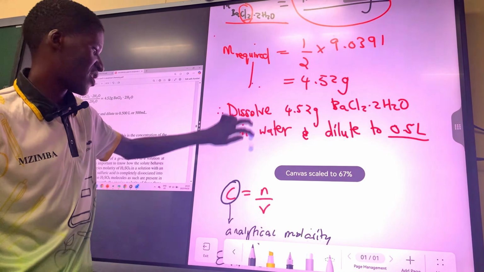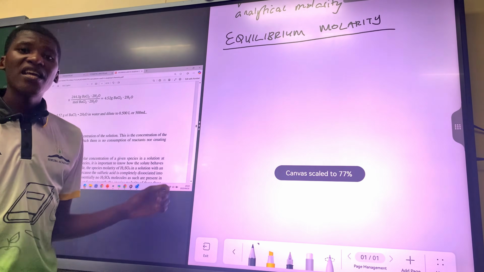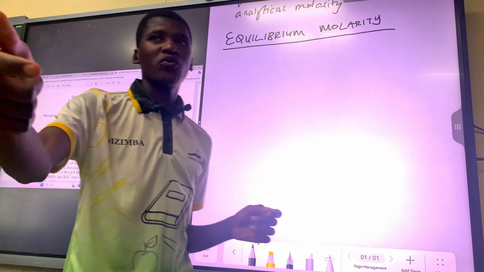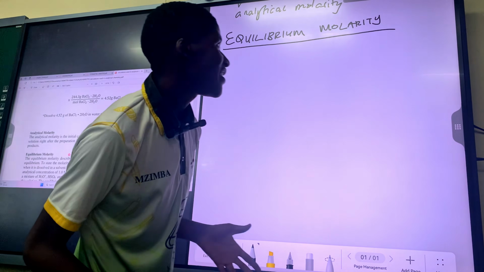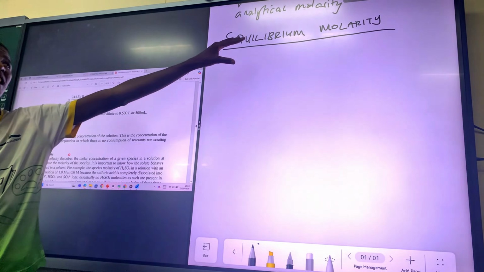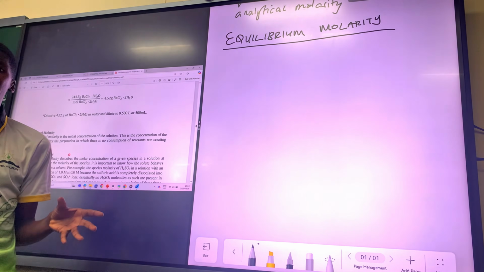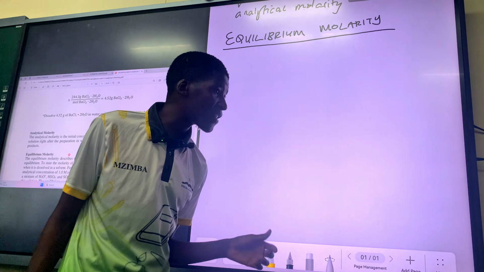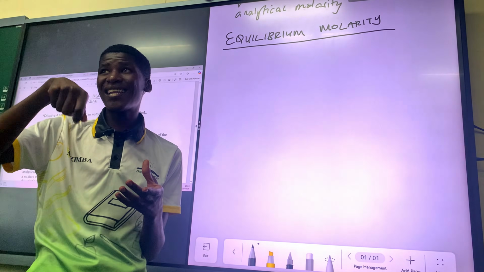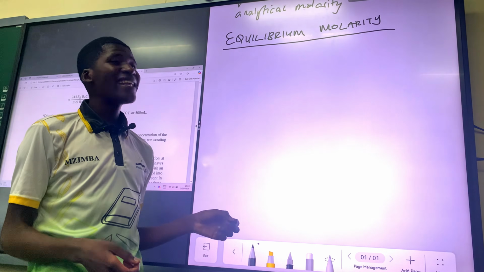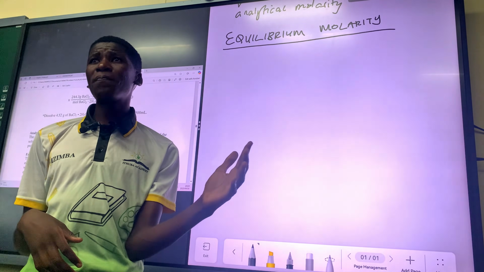These are just shortcuts. So equilibrium molarity: this is the molar concentration at equilibrium, the concentration at equilibrium. Say once again, you must know equilibrium. Whenever you are putting a solute in a solvent, whenever you make a solution, what can happen? We've got two types of substances. Others can dissociate completely.